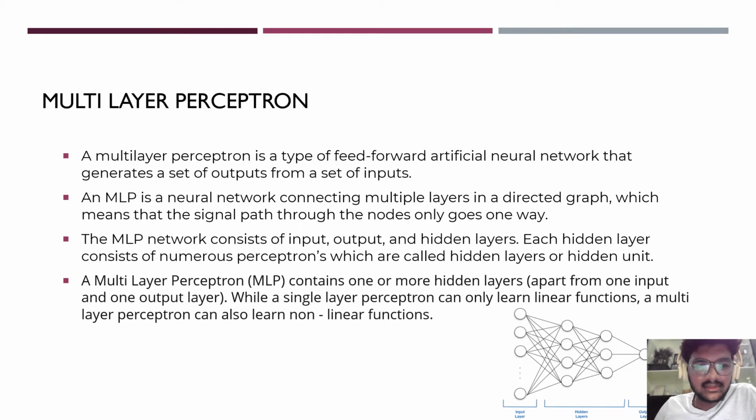Now let's start learning what multi-layer perceptron learning is. A multi-layer perceptron has greater computational power as it solves non-linear problems. As we have learned about the drawback of a single layer perceptron, it can solve only linearly separable data. It can solve only the data which is present on one side and the data which is present on the other. It cannot solve it if a model has the outputs